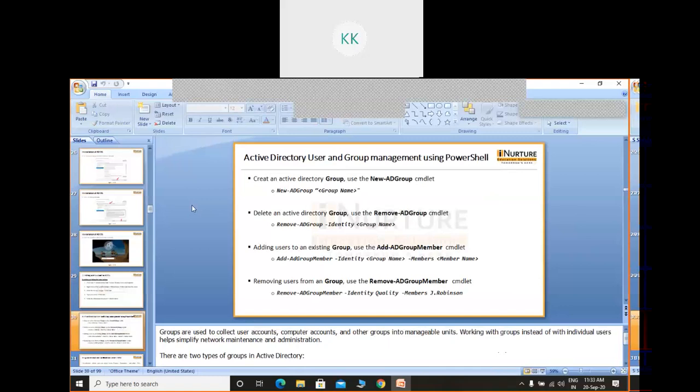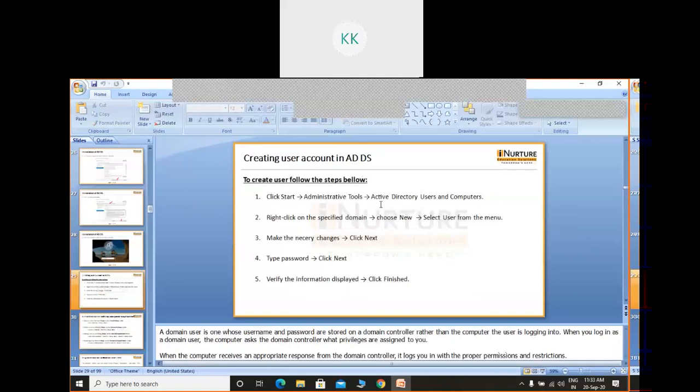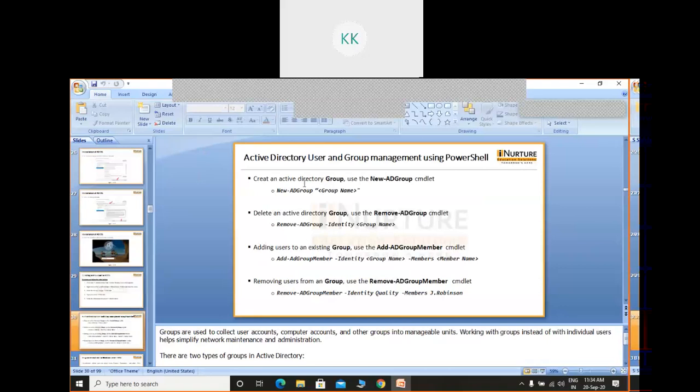Now see, using this wizard the steps are quite lengthy. Suppose you are an administrator, your main task is to create users. All the time you have to create lots of users, so why follow all these long steps? Directly in the shell, you can run a simple script, and using this script you can create users. So in this slide, we will see how to create Active Directory users and a group using PowerShell. A user, we know, is whoever works on the computer.